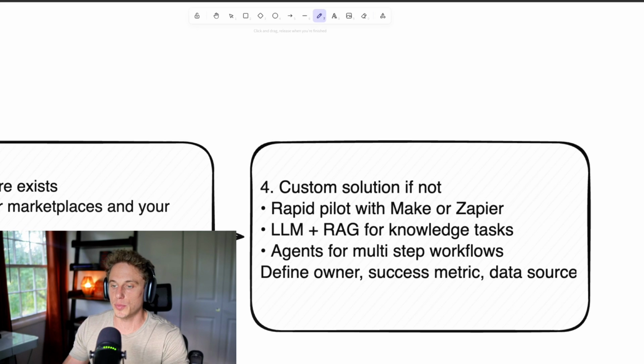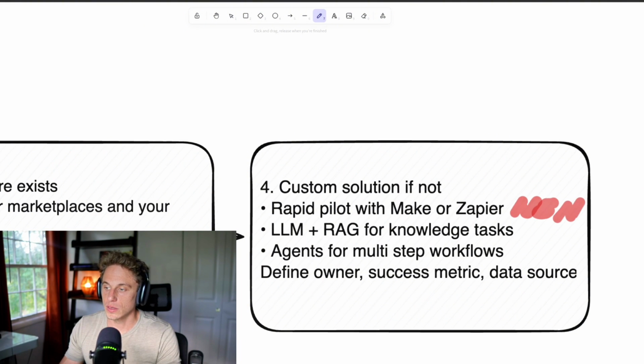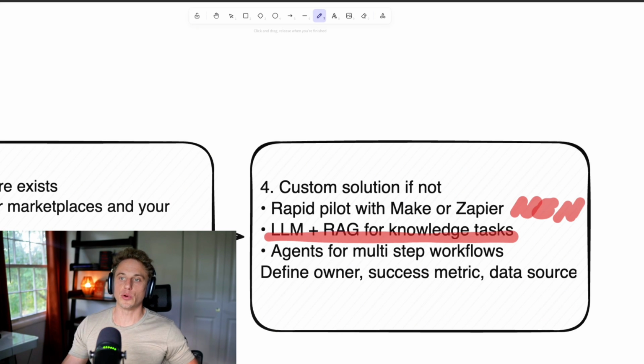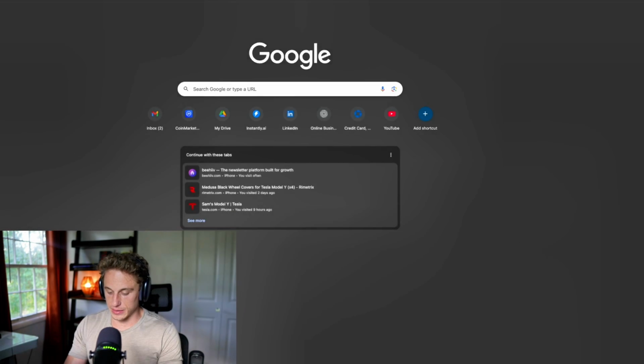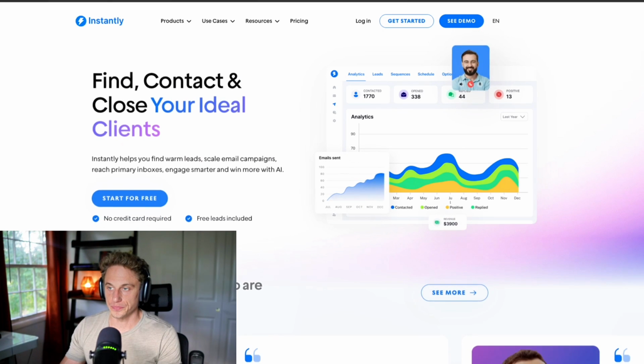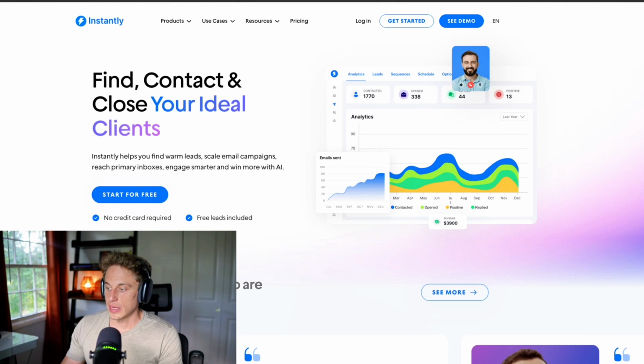So you have a couple of things you can do here. You can try to automate it with Make, Zapier, or N8N. These work pretty well depending on what the problem is. Getting a little more custom, and this is what we do a lot of, is LLM plus RAG for knowledge tasks. Just as an example, Instantly is an incredible software, and if you ask them a question,